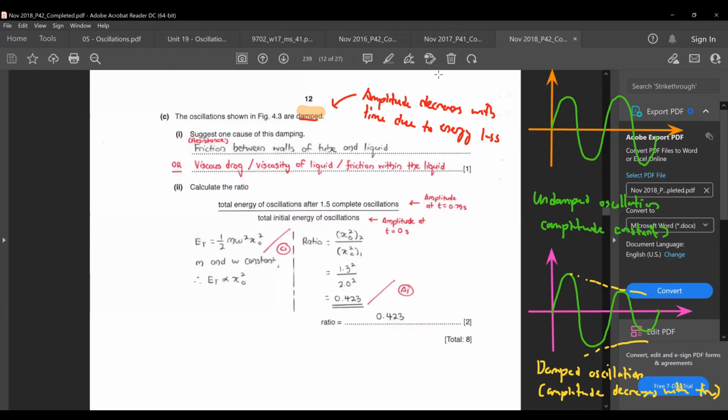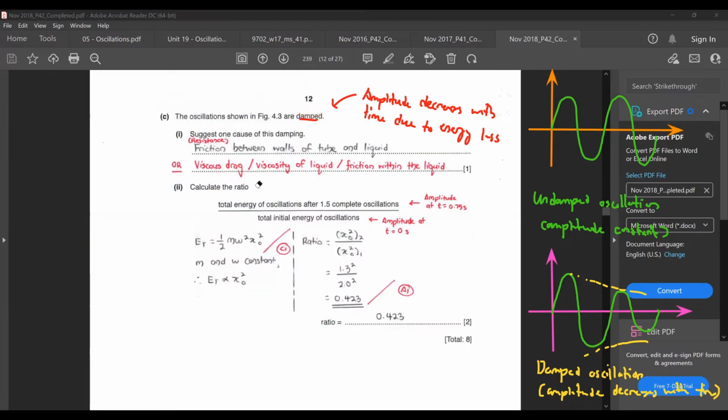So that one is for this question. Now, for the last part, calculate the ratio of total energy of oscillations after one complete oscillation to total initial energy of oscillations. Find out the total energy after 1.5 oscillations compared with the initial energy of oscillation. Okay. So to do this one,